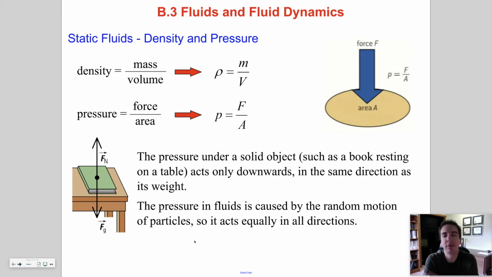Cats and kittens, welcome back for your third section for the engineering physics option. Fluids and fluid dynamics. Okay, so one of the things that we're going to talk about quite a bit for